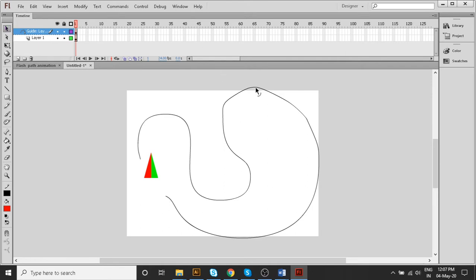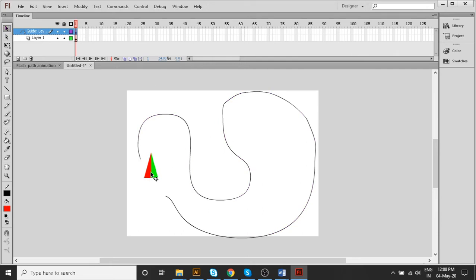If you want to work on the path, you can directly use the pick tool and adjust the path. If you want to work with the path very deeply, you can click on the selection tool and work with the anchor points. This is called an anchor point. You can click on the nodes and drag this anchor. So this is my path, and again I click on the pick tool.